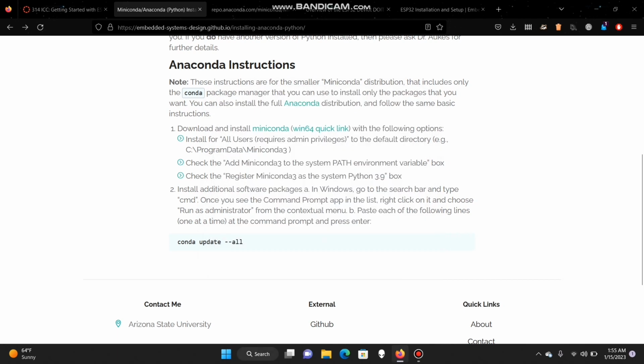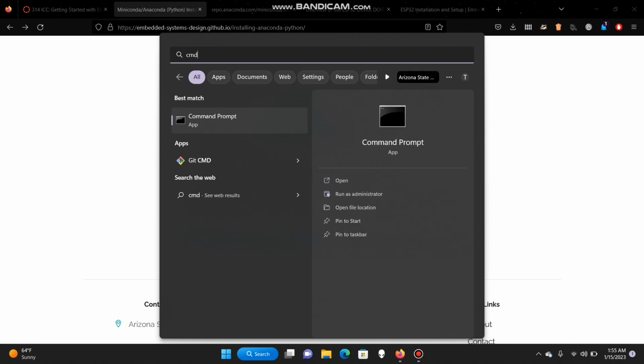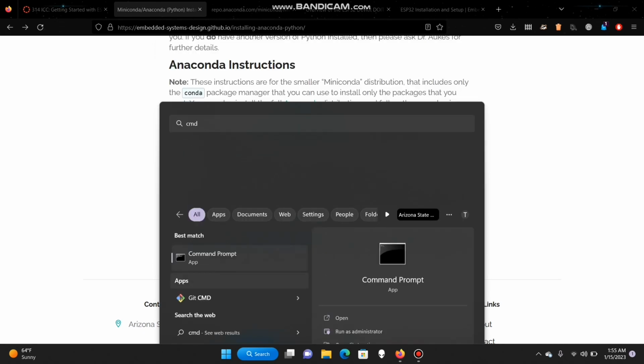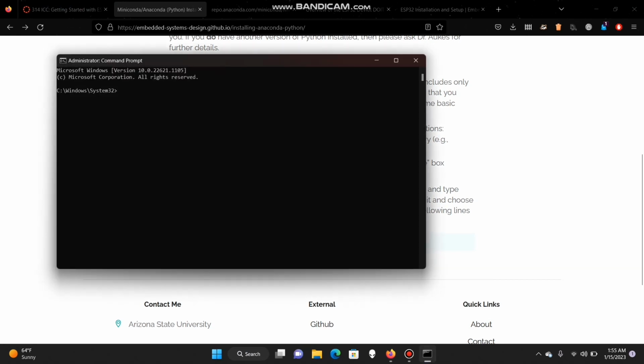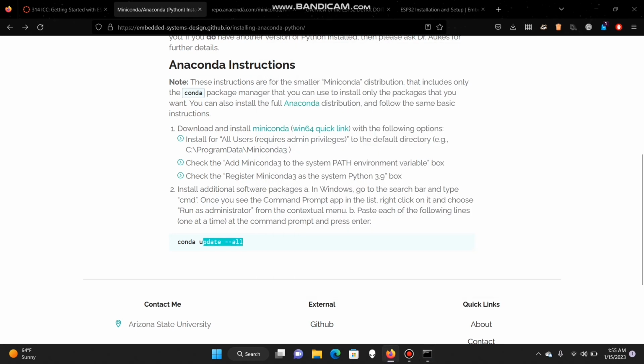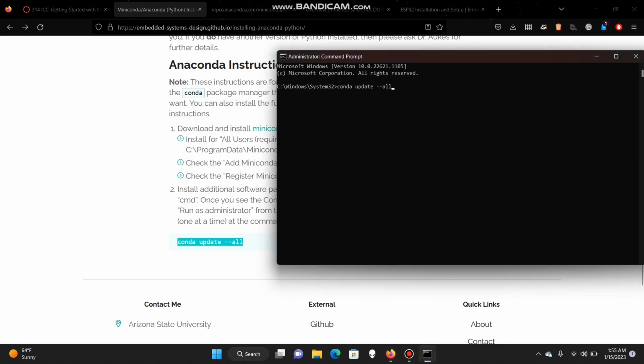After the installation, go to your start, type CMD, and click run as administrator. Once you open up CMD, just copy this command here and paste it here. What this basically does is update your conda, like Miniconda, to the latest version, so you'll be up to date. So once you run it,